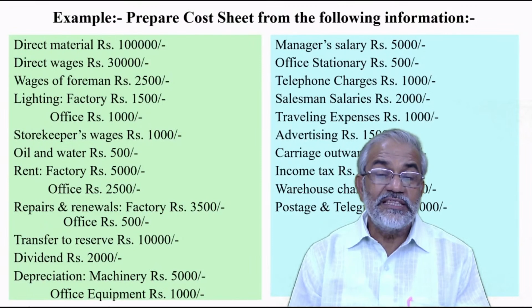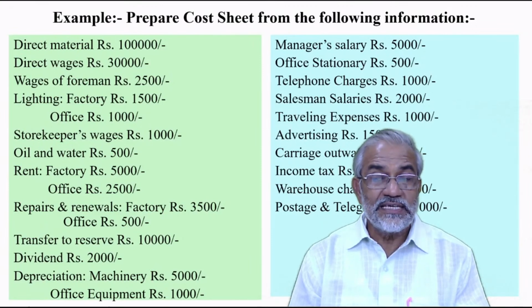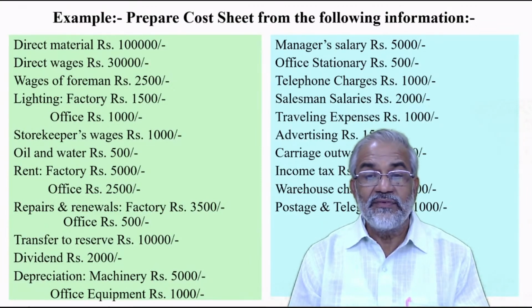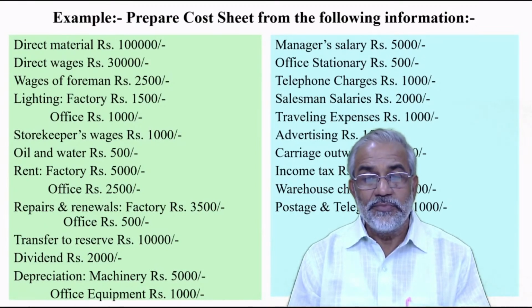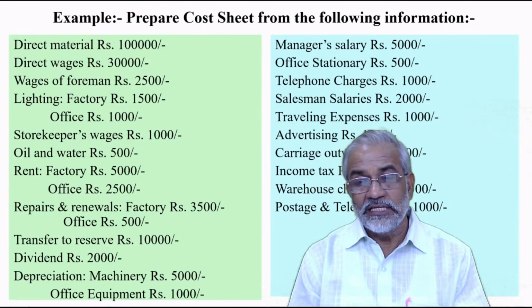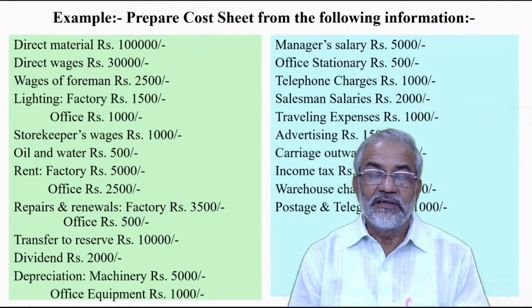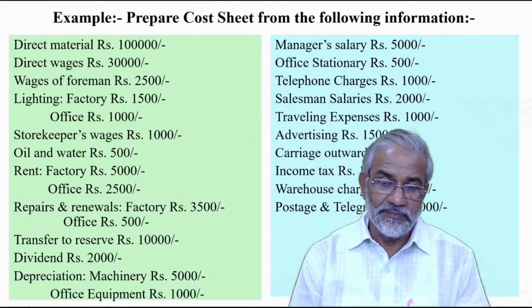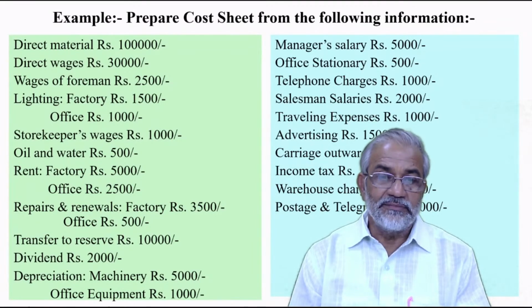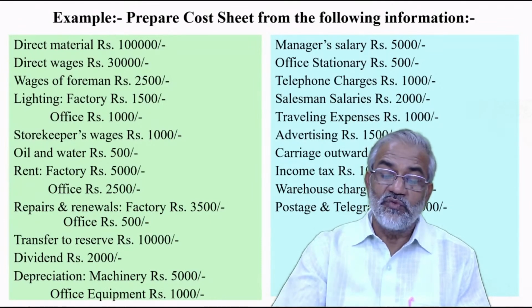This is the reason why these 2 items are purely financial in nature, and they have nothing to do with the cost accounting figures. As a result, these 2 items have been completely omitted while preparing the